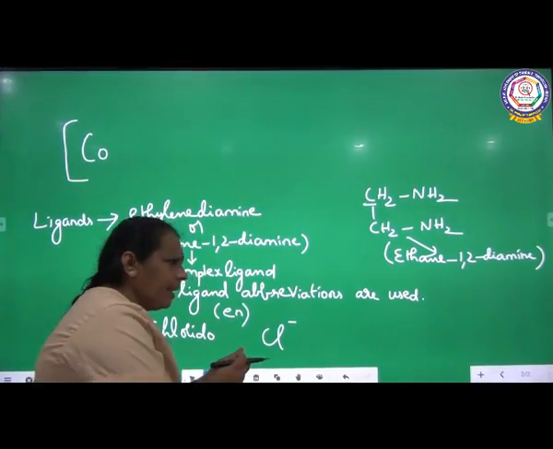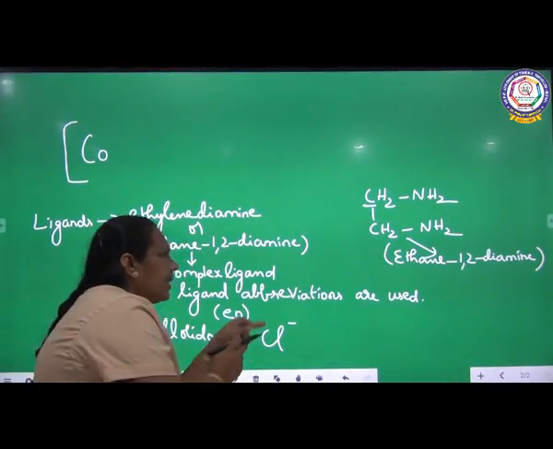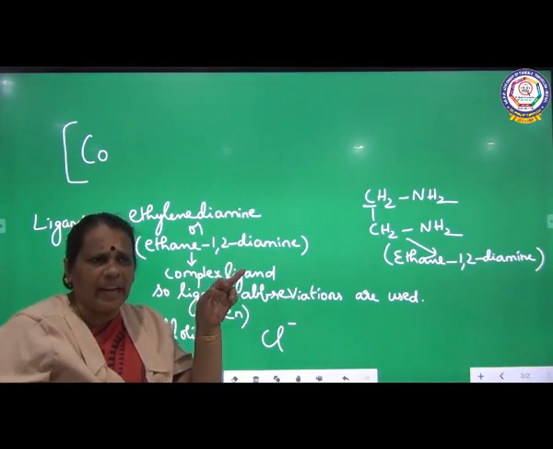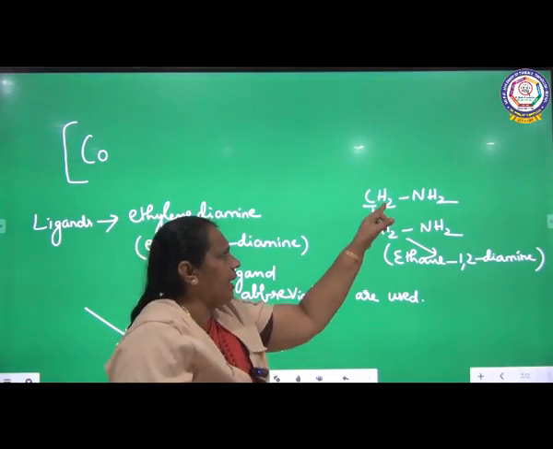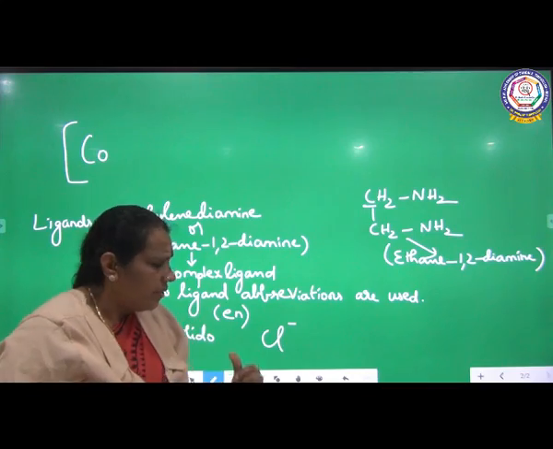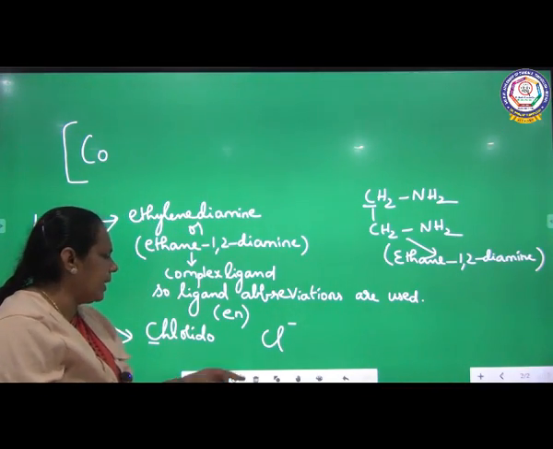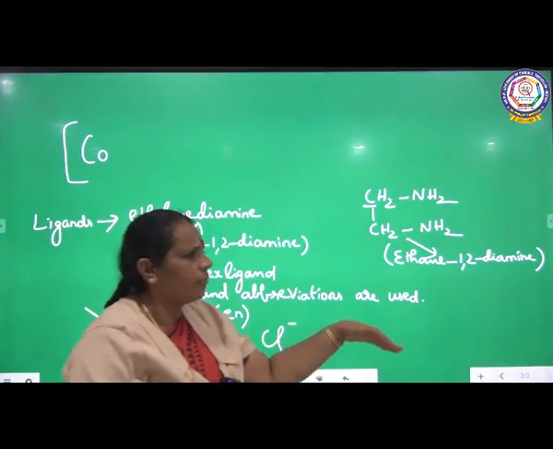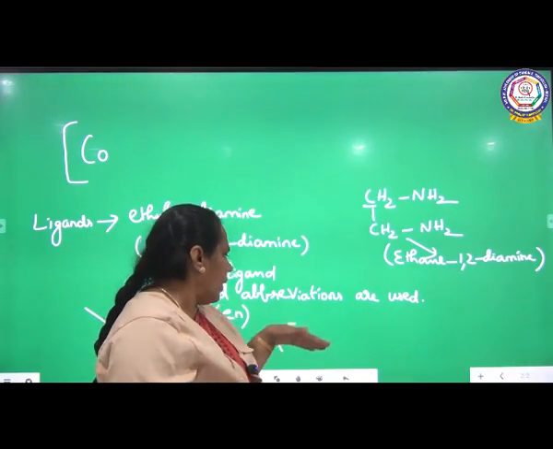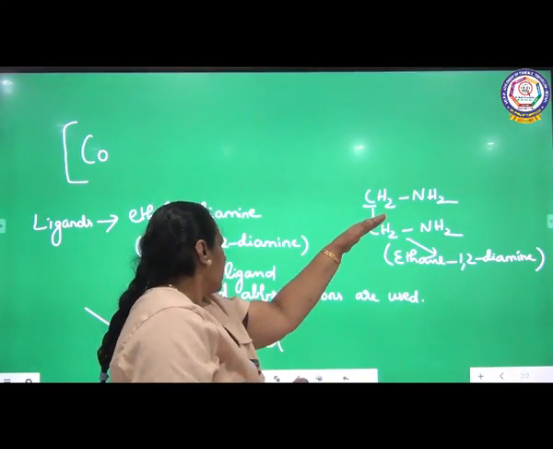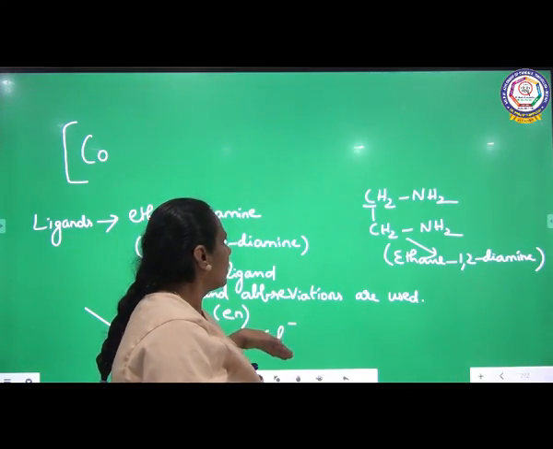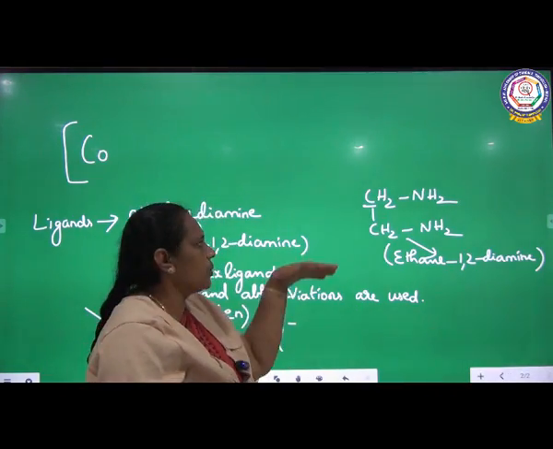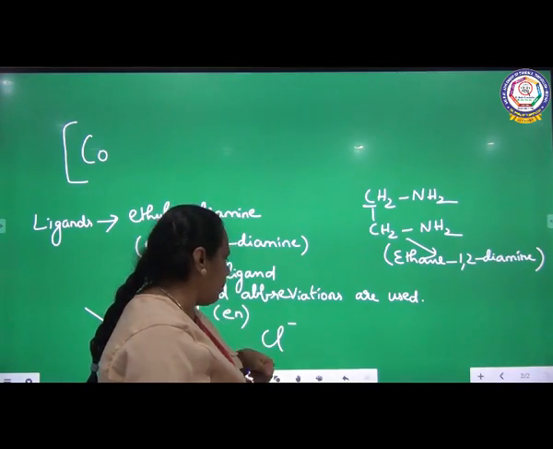See the second letter. Both the ligands have C as the first letter. So we have to go to the next letter in order to arrange it alphabetically. In ethylene diamine, the next letter is H, whereas in chlorido, the next letter is L. So according to the alphabetical order, H will come first, followed by Cl.